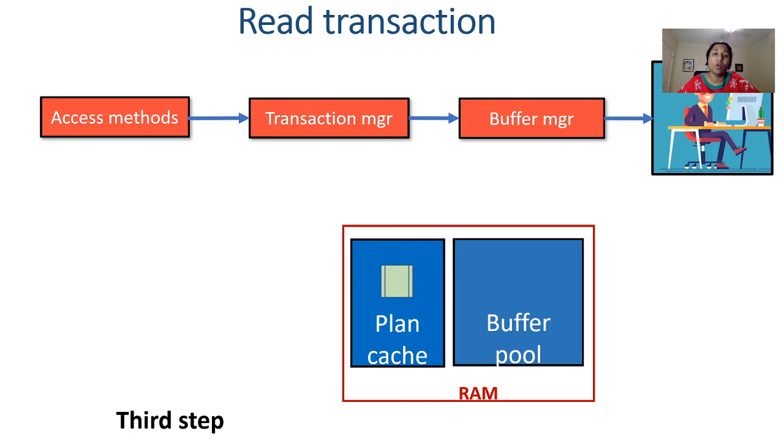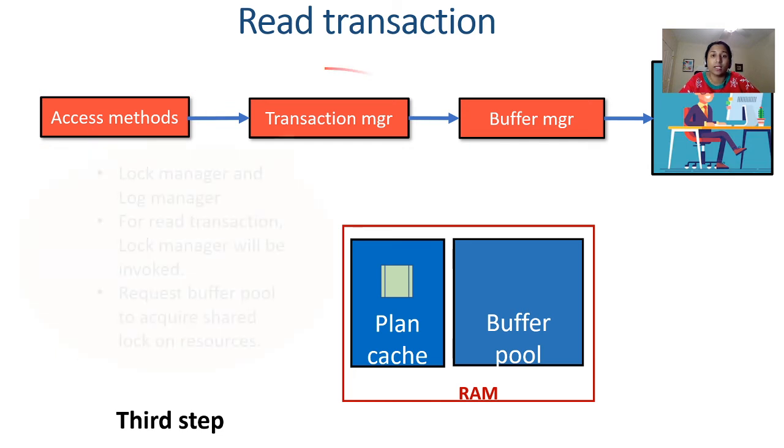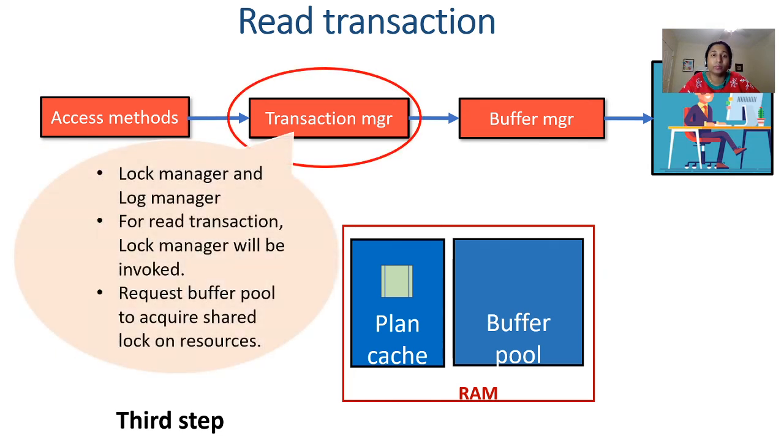Now let's see what happens with the read transaction. First, the access method component. It doesn't do the operation by itself, but it will analyze how it has to grab the results from the database file system. That's all it does. Once the query reaches the transaction manager component, then what happens here is,